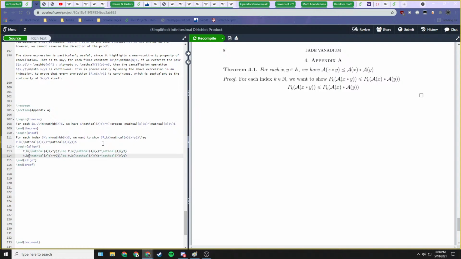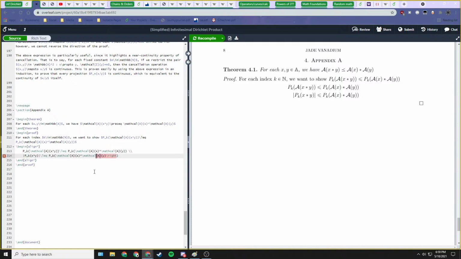Well, we know that on each index, when we project down the a of some term, we actually just get the absolute value of the projection. So on the next line down, instead of doing the a on the inside, we can do an absolute value. That's our first step, on the left side. On the right side,